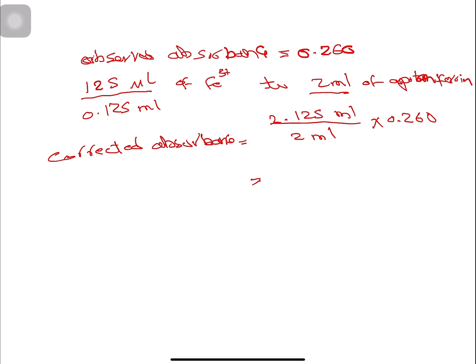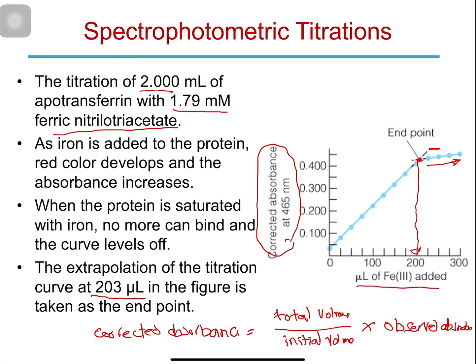So the corrected absorbance is 0.276. So this is the absorbance that we will plot in our curve, not the observed one. And as we said, we will reach the endpoint when the absorbance